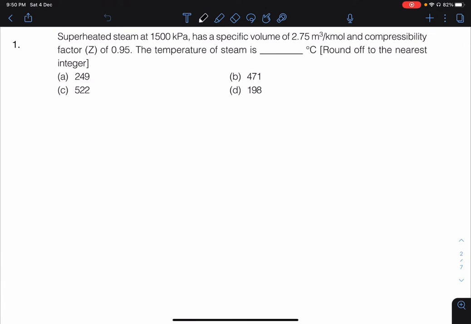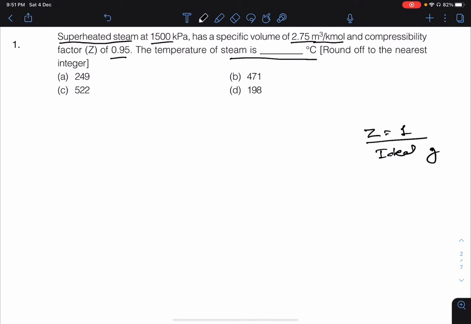Superheated steam at 1500 kilopascal has a specific volume of 2.75 meter cube per kilomole and compressibility factor Z of 0.95. The temperature of the steam is. So here I have underlined superheated steam and the value of Z is 0.95. If Z is equal to 1, we know it will behave as an ideal gas. Since our Z is very close to 1,